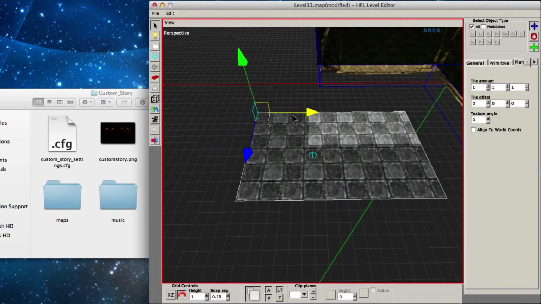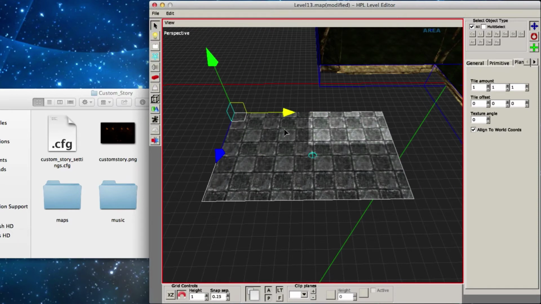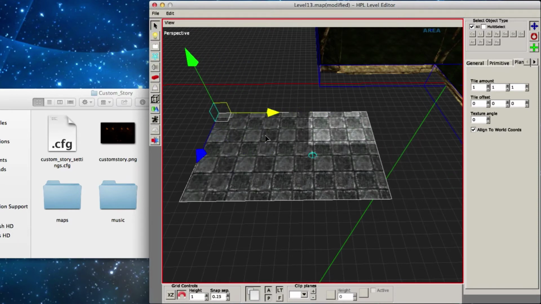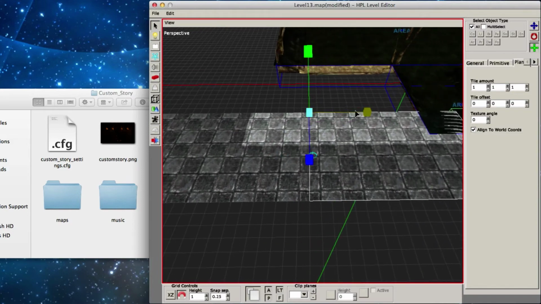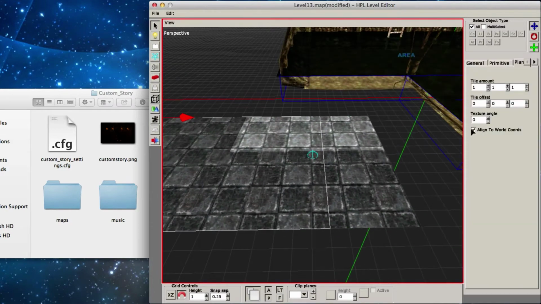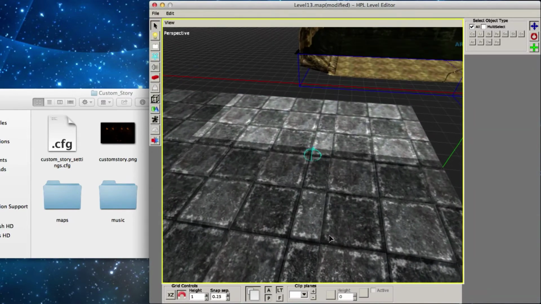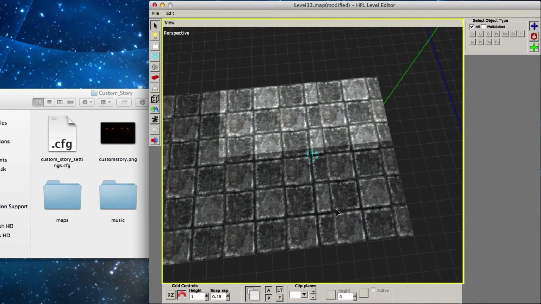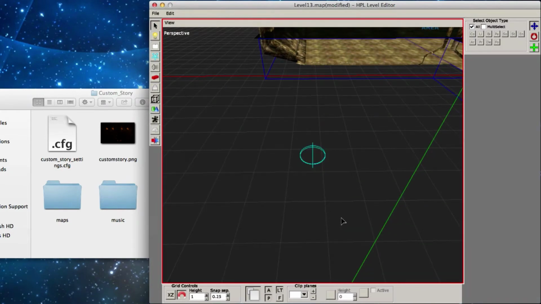You move it, the texture moves along. If you turn on this thing, the texture does not move along with it, so it'll always be the same in that location. And therefore, if two of these are next to each other, they will always match up correctly in the texture. But if both of these were off, then it would look like that, and they would cut off pretty bad, or intersect or transition. So that's basically how that works.